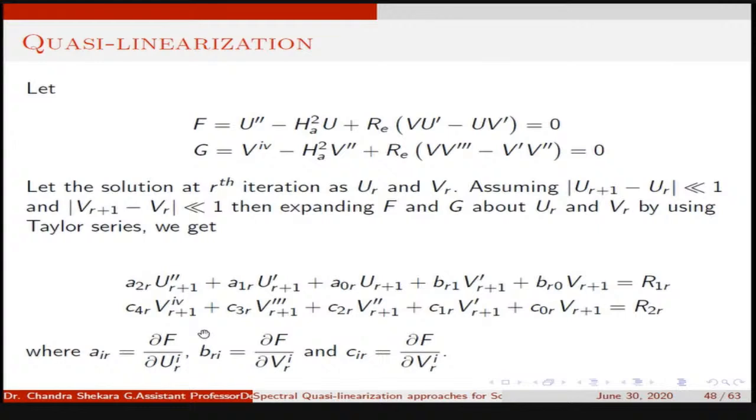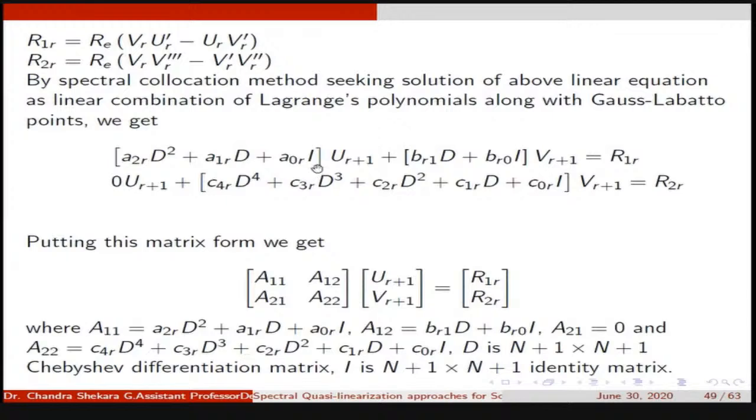So using this differential equation, this system of equations becomes a linear differential equation. Here the coefficients are given by these partial derivatives. So once you determine those partial derivatives and right hand sides, you will get it like this. This is the right hand side of the first differential equation after taking the terms with the suffix r to the right hand side, and these are